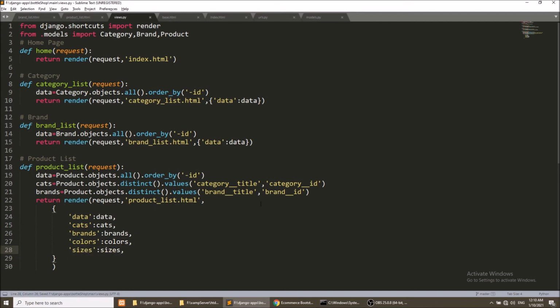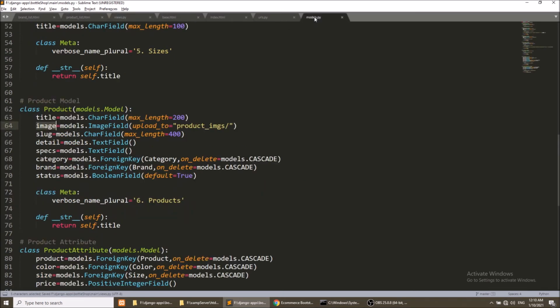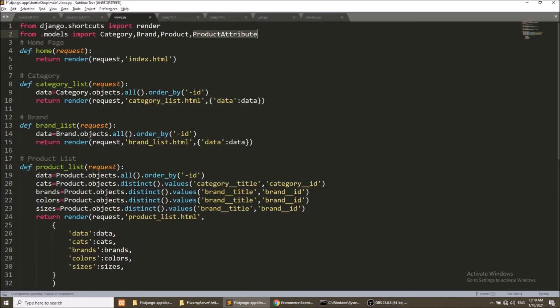Sizes, and let's copy this. We have colors and we have sizes, and this will be fetched from the product attribute. So I will copy this from product attribute, paste it here, and this will be product attribute.